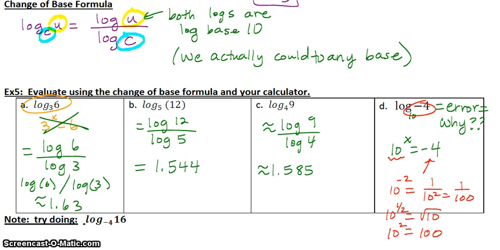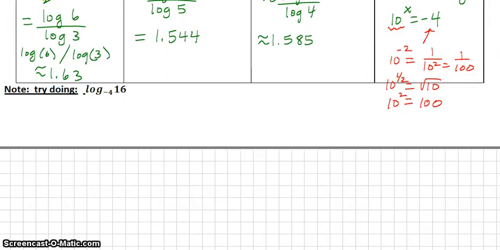Now, one more quick. Look at log base -4 of 16. So this time I'm trying to do -4 squared equals 16. Now if you try this one it is possible because x could be 2, but if you try it this way,